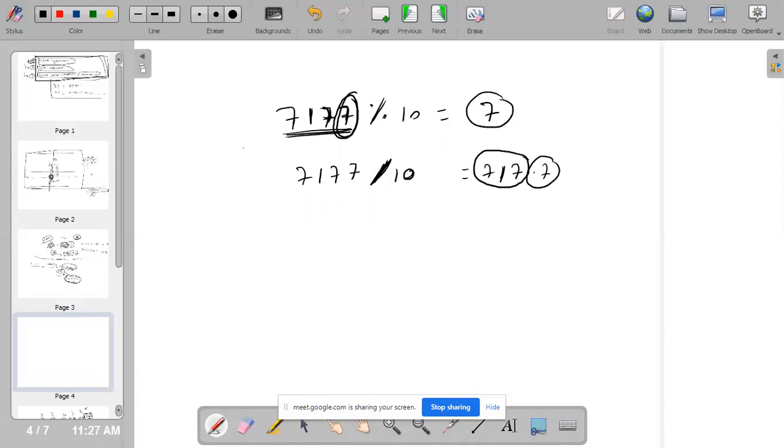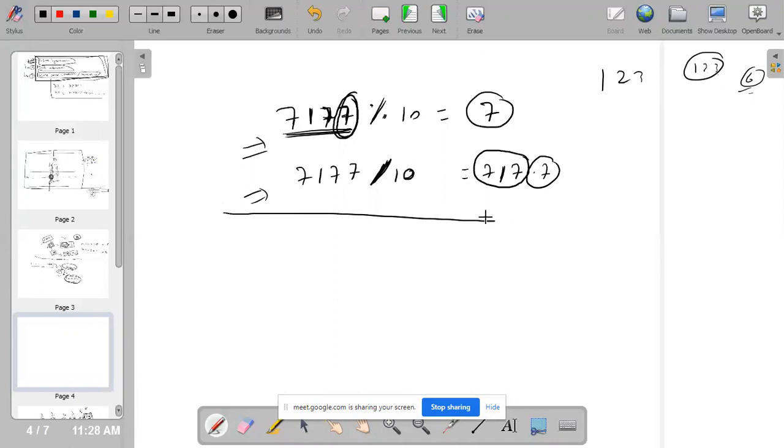This is a very well-known problem when you are learning any language: the sum of all digits problem. If someone asks what is the sum of the digits of 123, you need to get the sum, so it will be 3 plus 2 plus 1, which is 6. This is a very famous concept.